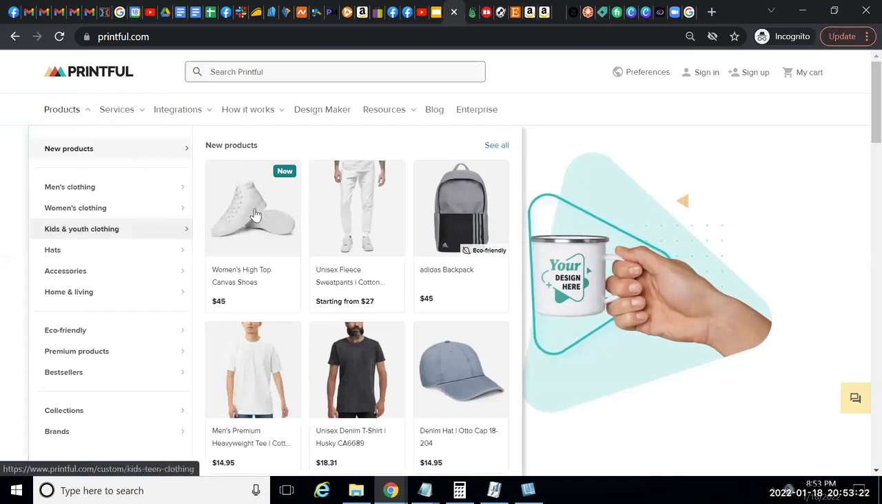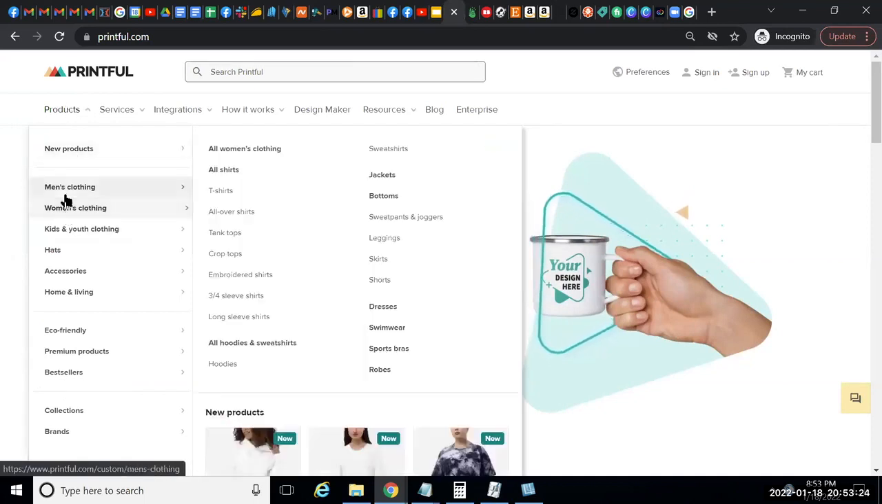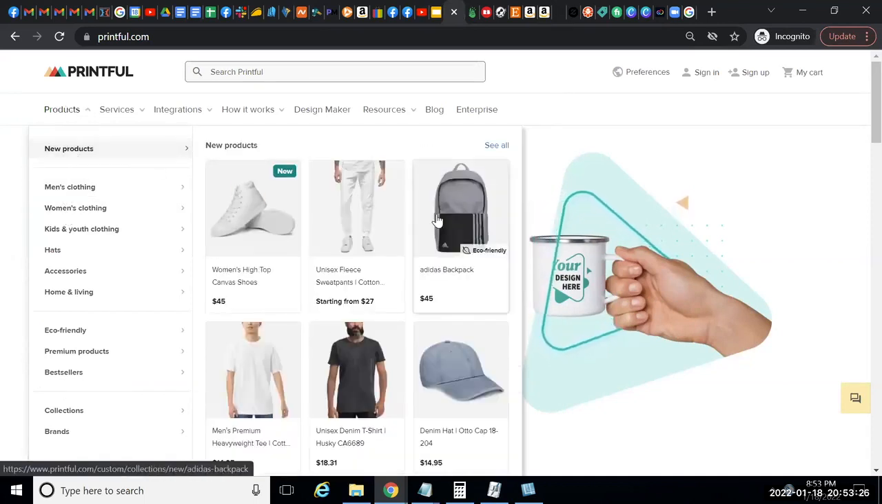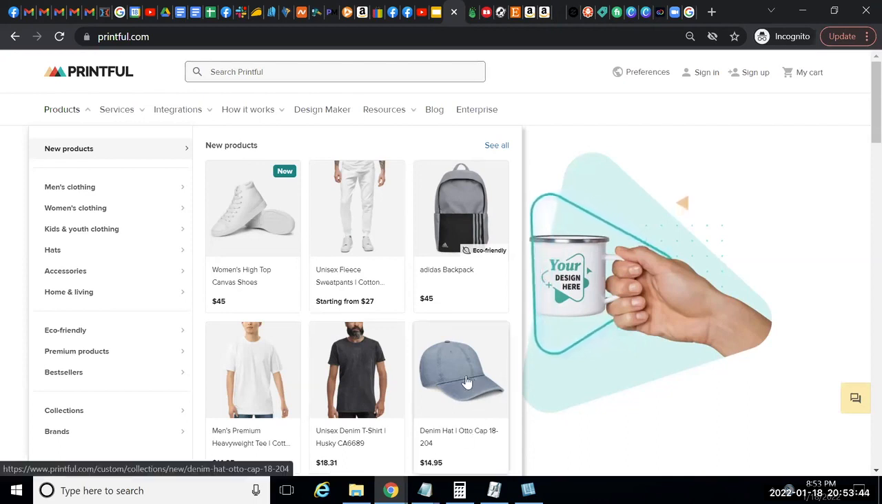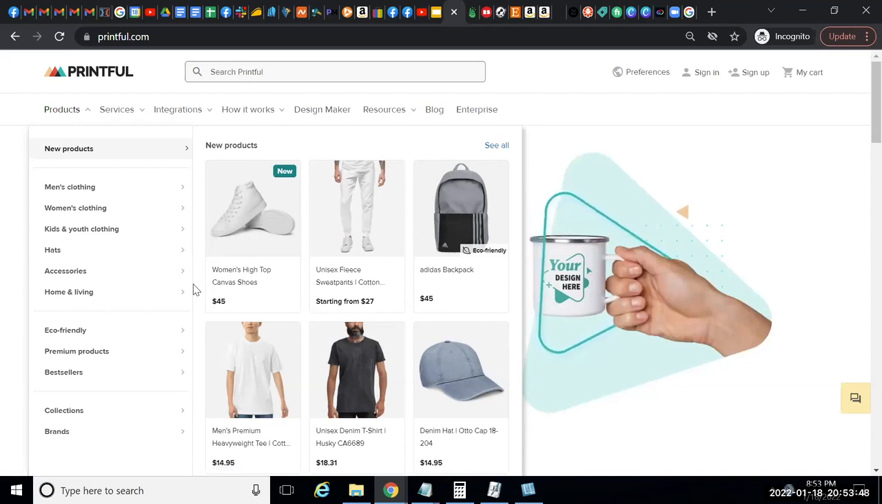As we look at all the things that they have available as far as products are concerned, they've got new products, backpacks, hats, $45 for an Adidas backpack. Eco-friendly, put your design on it and you could have the Adidas logo on it. Like, I think that's really cool, but that's a lot of freaking money for a backpack. That's just my personal opinion. A denim hat, again, that's a lot of money for a denim hat, but